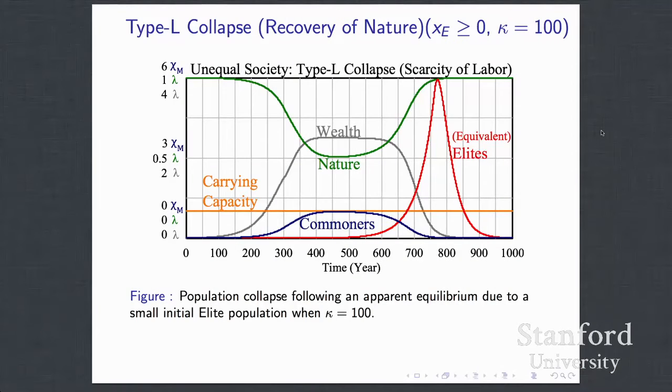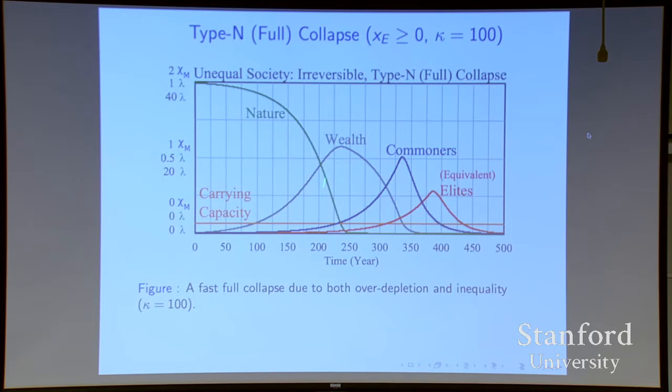So this is type L, because it's labor, basically. Because labor collapses, then the system collapses, type L collapse. And then this is the typical scenario, which I showed in the very beginning, type N, irreversible full collapse of the system where we have